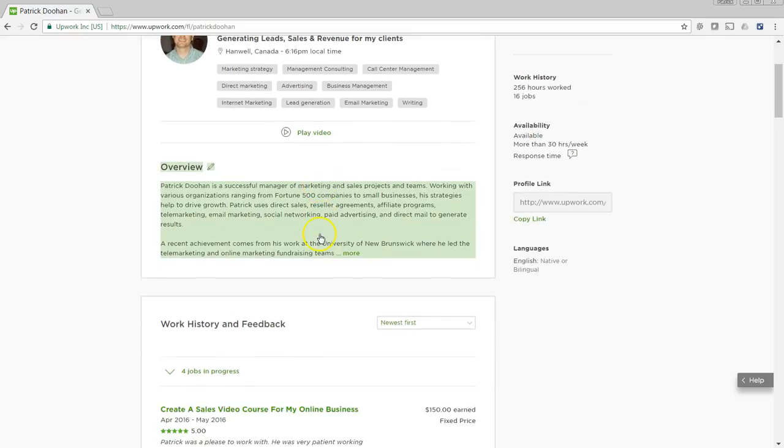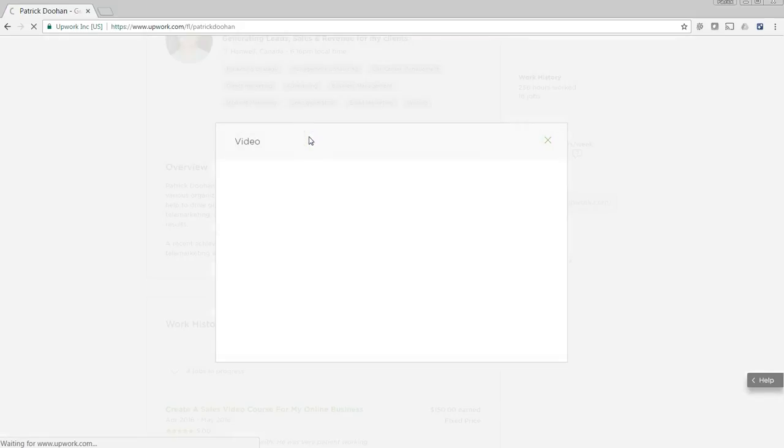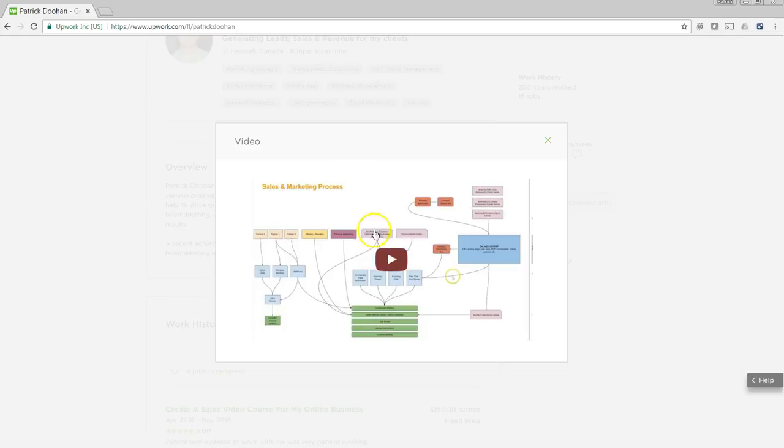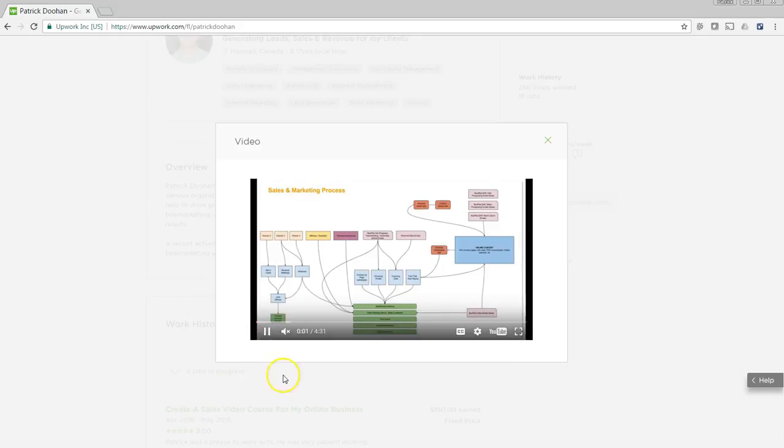I don't know how long they've had this, but you can actually click on and add a video into your profile, which I think is awesome. Now, it may take you a little while to create. I really recommend only a couple minutes, and I may even go back and work on mine, because what I have in here right now is I simply have a video that talks about my approach to sales and marketing. Looks like I have a bad internet connection right now as well, because this isn't playing yet. Oh, there we go. So it's starting to play, and what I've got here is